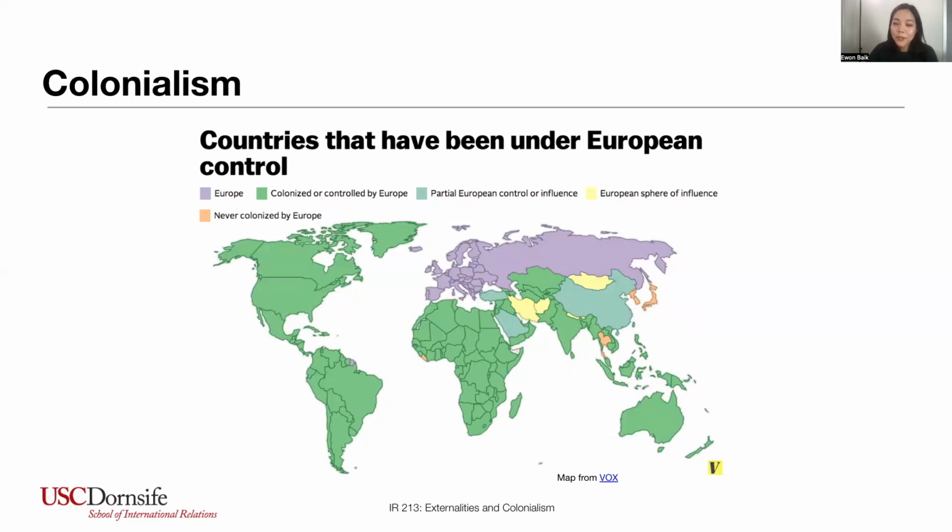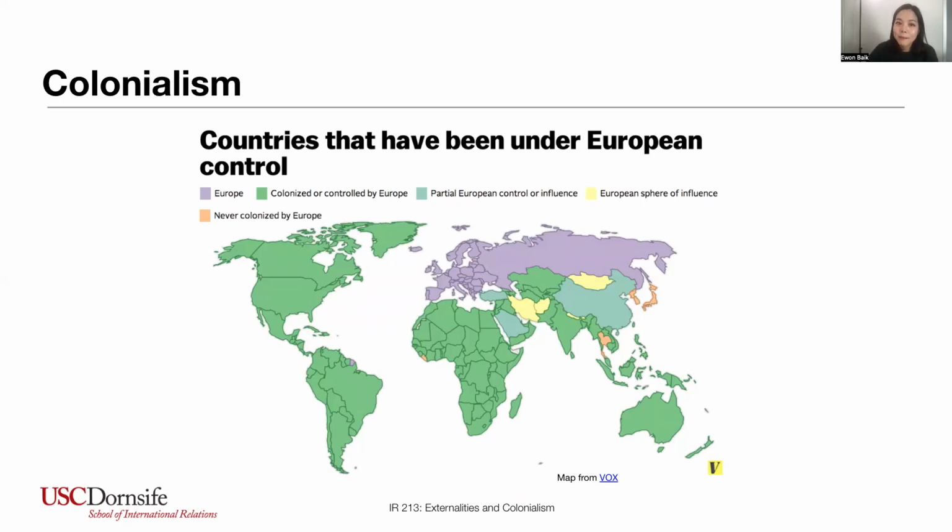But as Professor Graham also pointed out, this path of growth has also been fraught with terrible things. And colonialism is a good example of this. So today, we're continuing to talk about trade and development by talking about the history of colonialism. In fact, we can't really talk about trade and development without discussing how colonialism has impacted the development trajectories of countries. Mind you, not just the colonized countries, but the colonizers as well.